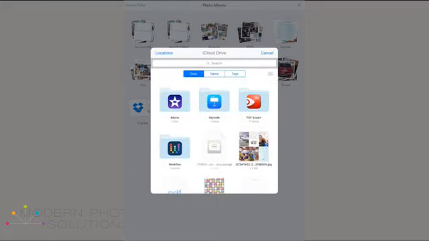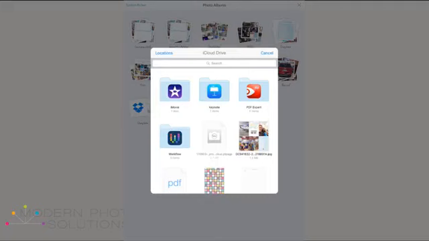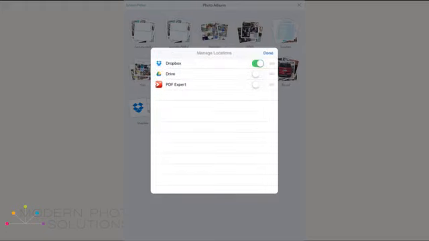And then I think from here also, we're going to go check and see, test something out. Tap on locations and see what happens. You can go to Dropbox there or iCloud Drive. And I think those are the only ones. I guess Google Drive as well. But Google Drive, I don't like to use directly in the Project Life app because